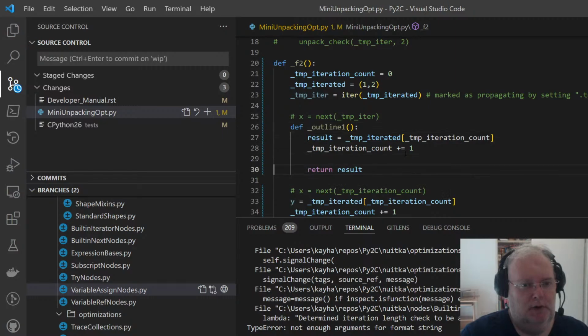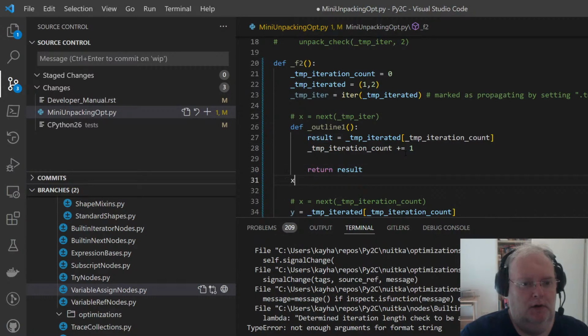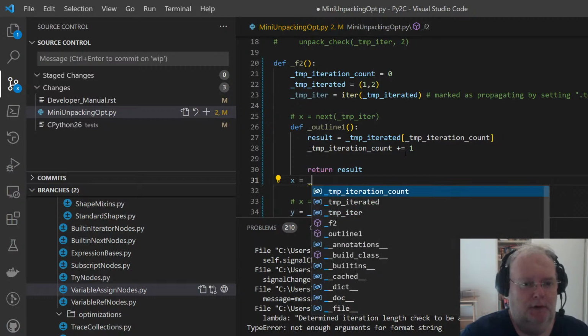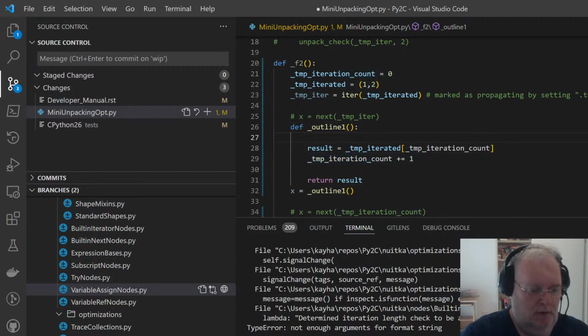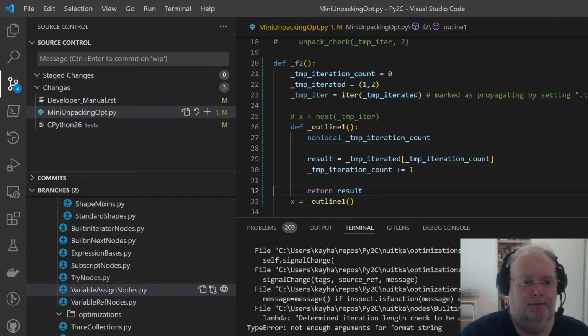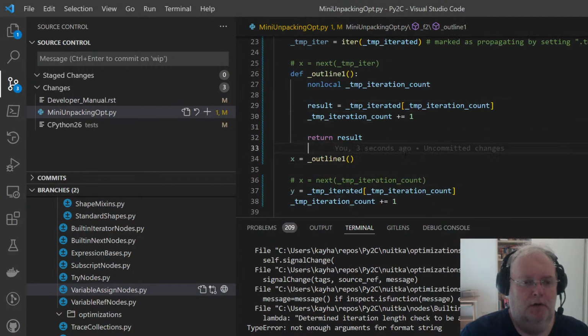But now, x equals outline_1. Okay, that sort of makes it clear that this is local.